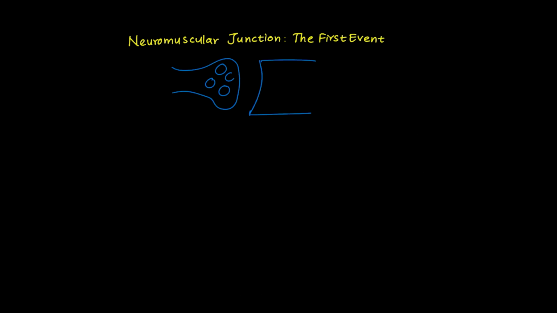This question is about the very first chemical event at the neuromuscular junction. A motor neuron fires, the action potential races down to the axon terminal, and synaptic vesicles fuse with the presynaptic membrane. What spills out? Acetylcholine, ACh. It crosses the synaptic cleft and binds receptors on the muscle fiber, which then lets sodium rush in and depolarize